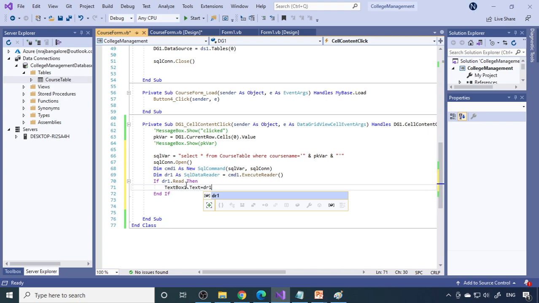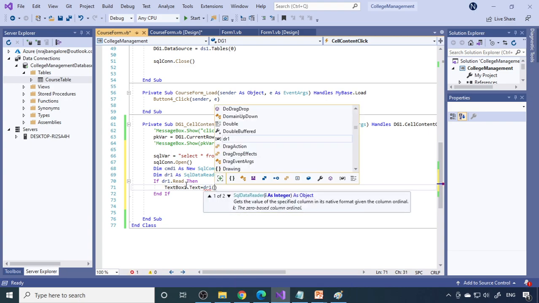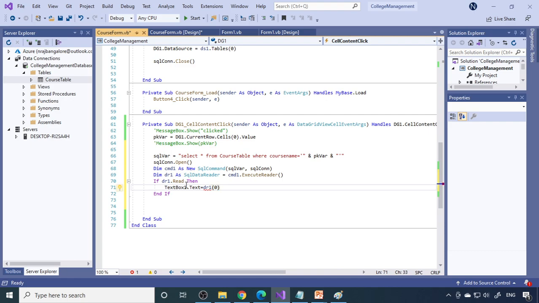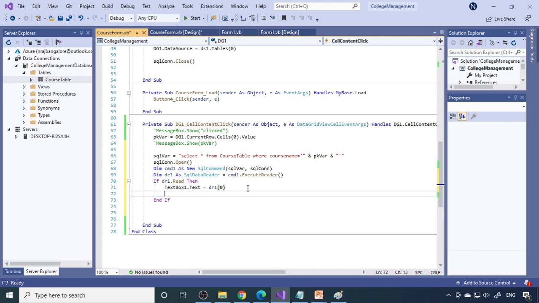That is dr1 of 0. 0 means the 0th column. Because the left side is a string, we can make it a string with ToString.